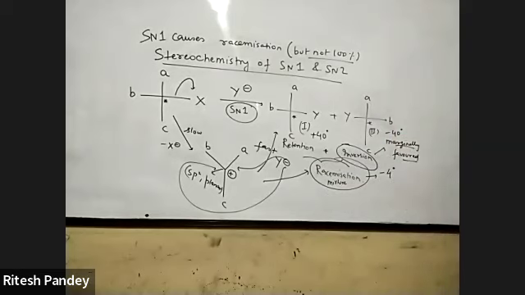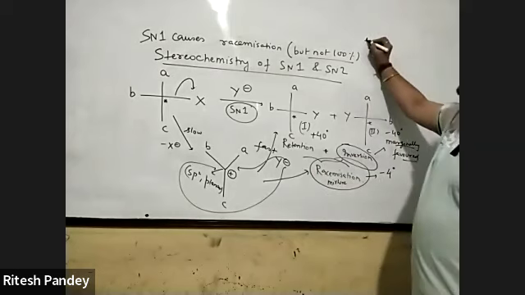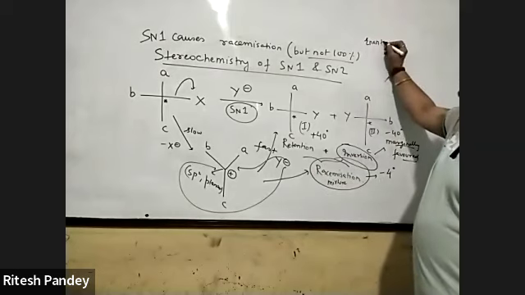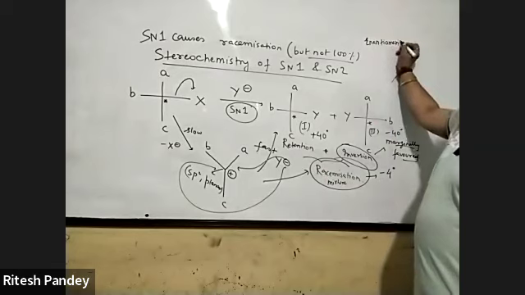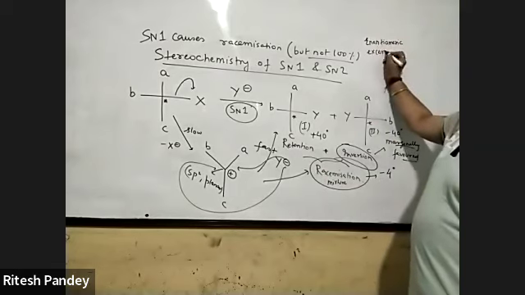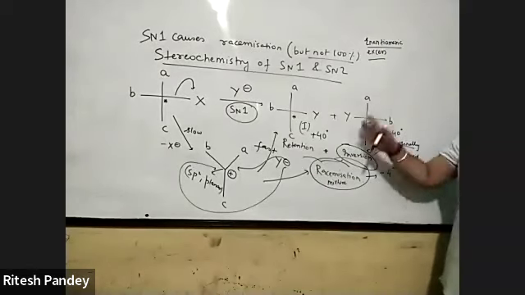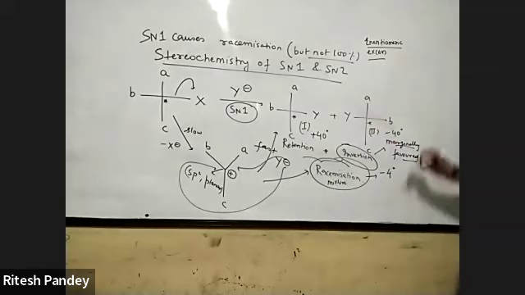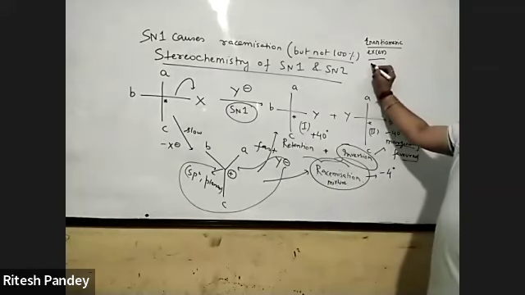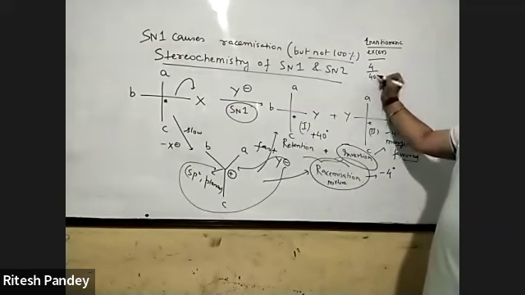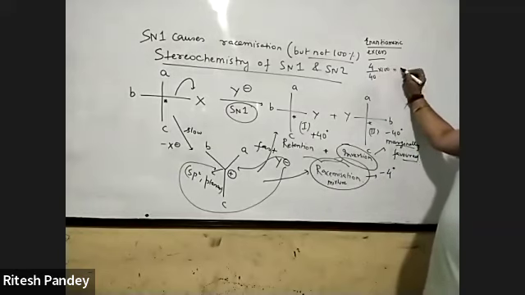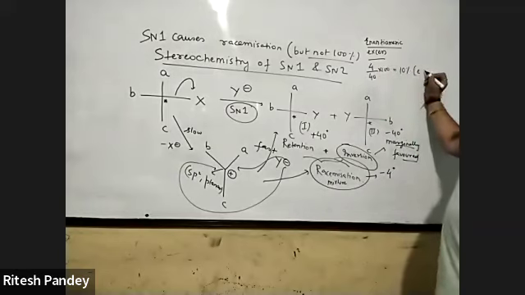You remember I taught you about enantiomeric excess. मैं एक चीज सिखाया था इनैंसियोमेरिक एक्सेस में, क्या बोला था? हमेशा इनैंसियोमेरिक एक्सेस निकालने का एक फॉर्मूला होता है। इनैंसियोमेरिक एक्सेस का मतलब ही होता है कि दोनों इनैंसियोमर में एक इनैंसियोमर ज्यादा है। ये अगर +40 और ये -40 और नेट -4 आ रहा है, मतलब नेचुरली 2, 1 से ज्यादा है। और कितना ज्यादा है वो निकालने के लिए, ये जो 4 है ना, इसको 40 से डिवाइड कर देते हैं और बोलते हैं 10% इनैंसियोमेरिक एक्सेस है।